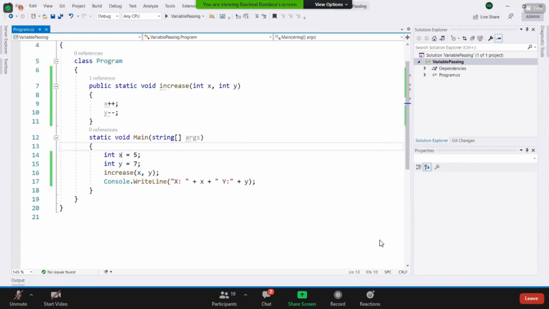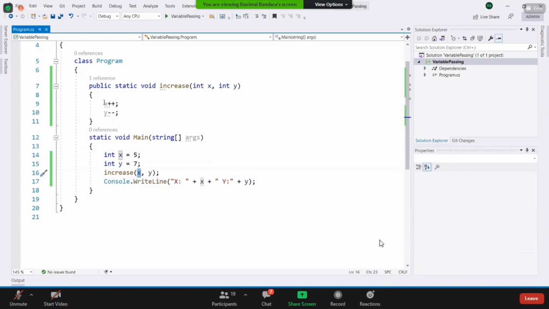Because even though you define x equal 5 and y equal 7, and here you are passing them, it seems you are passing just two variables, right? What you are really passing is not the variable but the value. So when you pass x, you actually pass the value 5, not the variable itself.